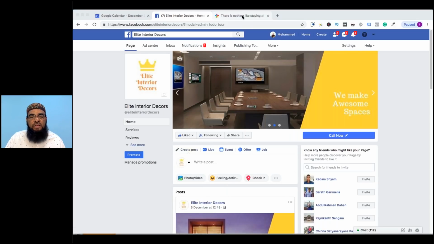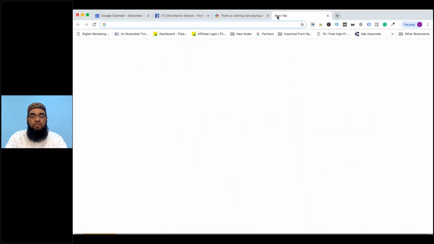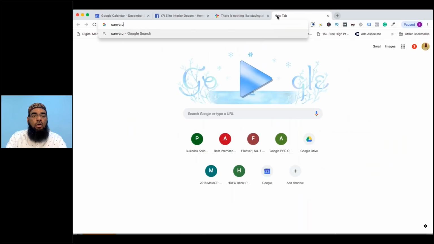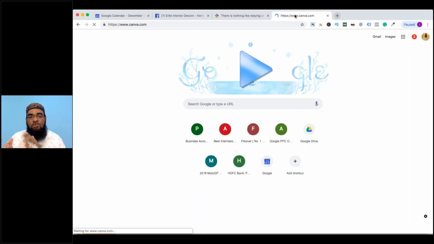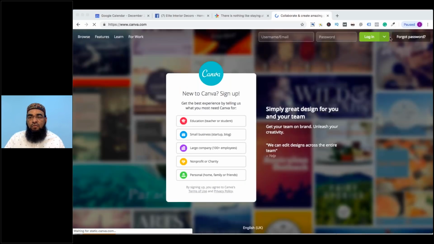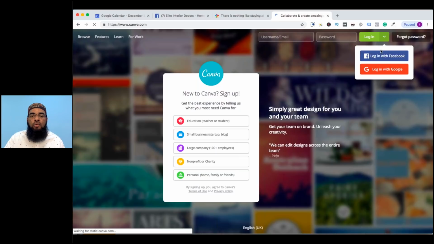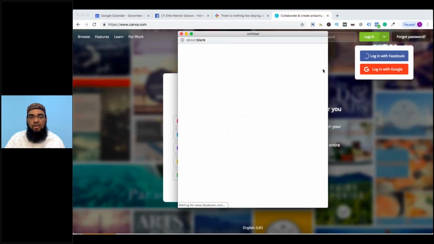So generally, for designing purposes, we can use Canva, or we can use Photoshop, but I would prefer Canva because it's online and it's free rather than using Photoshop. All right. So I'll go with my login, and I'll just show you an example. Like for tomorrow, that is Saturday, I have a fun post planned for web trainings. So what is the thought process? Let me give you the idea of that as well.